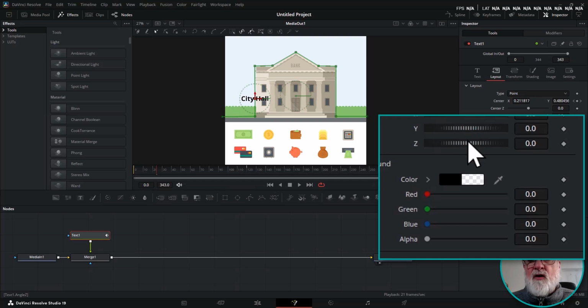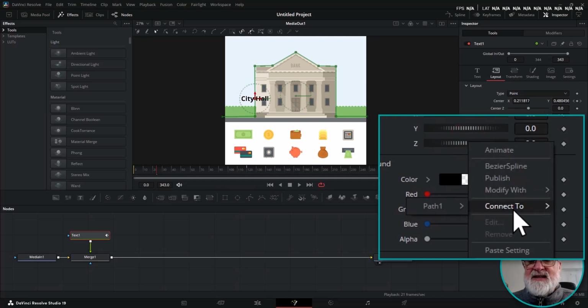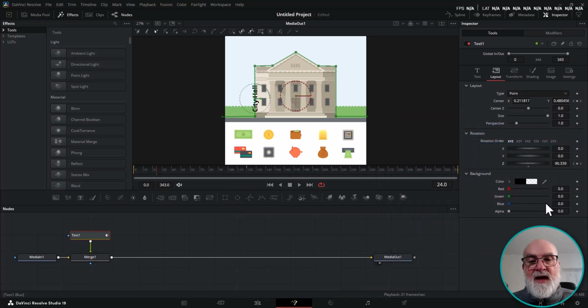So if you right click on the Z axis, you'll see you can connect it to path heading. And this is the path that we have imported. It's connecting it to that path and the heading of the path. And then you'll see that the actual item follows the path. Okay, now it doesn't come and go off screen. Oh dear, doesn't matter because you can alter the path after the event. So I can now go up to 120 frames at the end and I can alter, take it out like that. And all these points can be altered because you can clearly see it's not a perfect match straight away already. But you can see now that it's coming off screen, going through screen, and if I just push play,